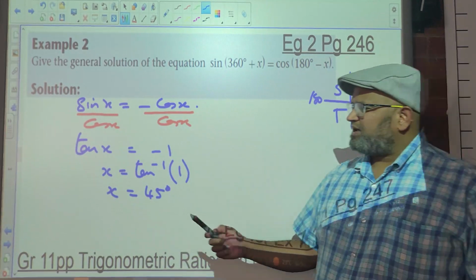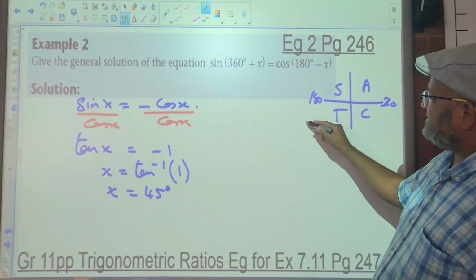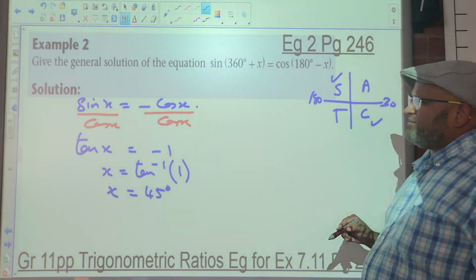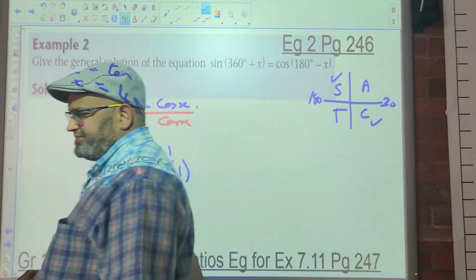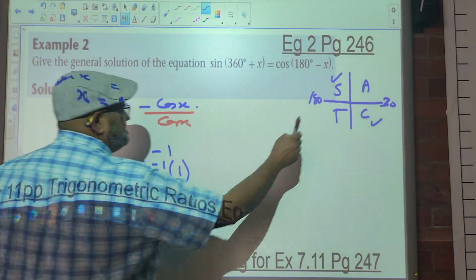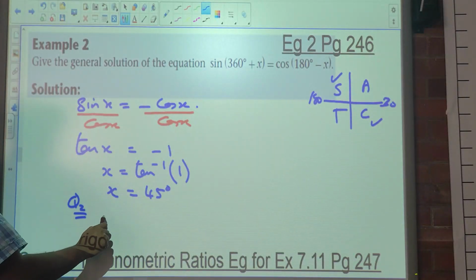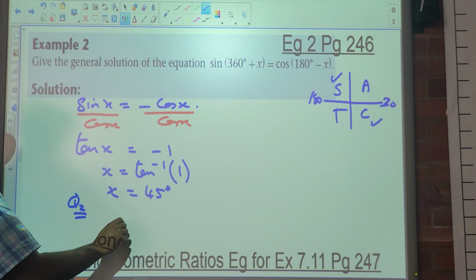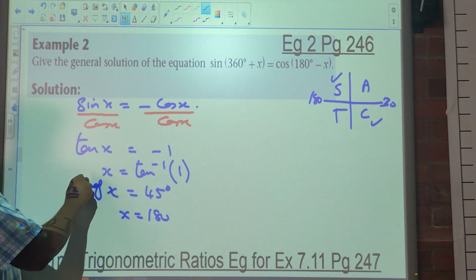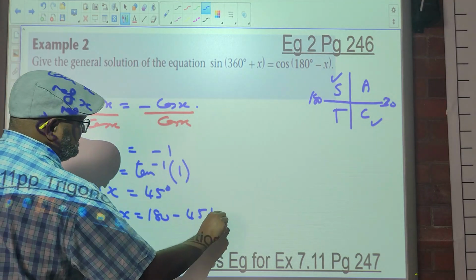So what question comes to mind, people? In which quadrant is tan negative? 2 and 4. But what did we say about the tan? Just write one of the two branches, okay? So we're only going to write it for quadrant 2. So quadrant 2 is going to be, how do we get in quadrant 2? So it's x is equal to 180, this is the reference x. No? So it's 180 minus 45 plus k times